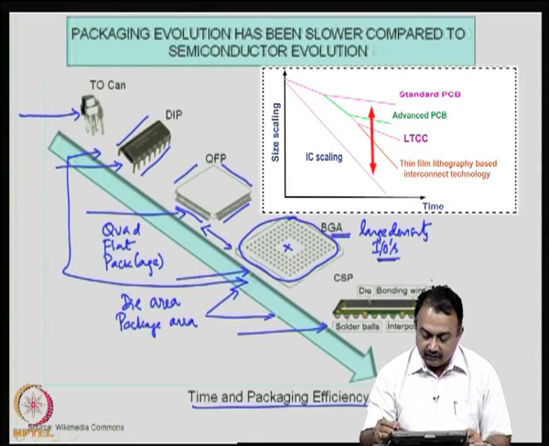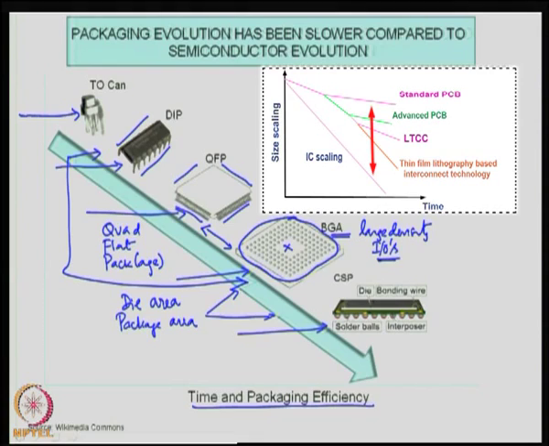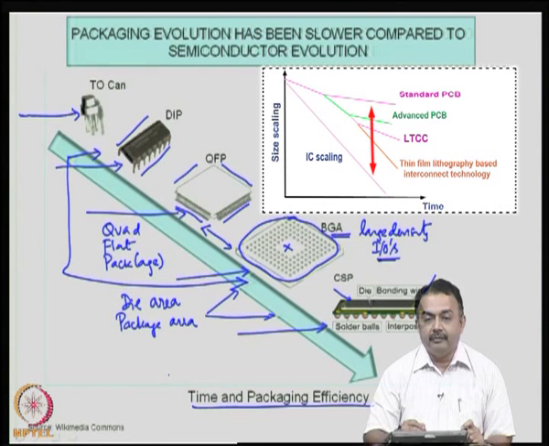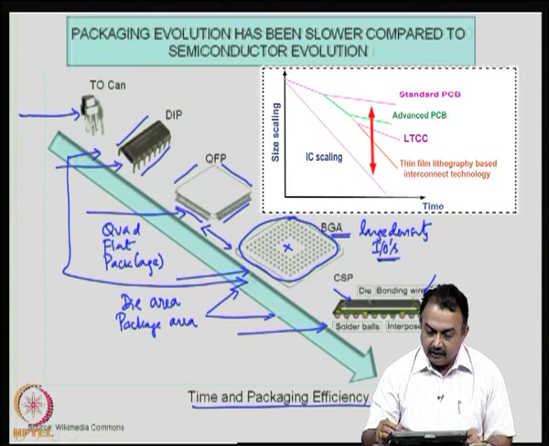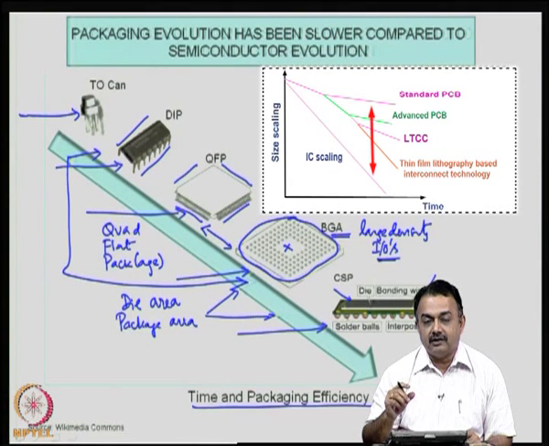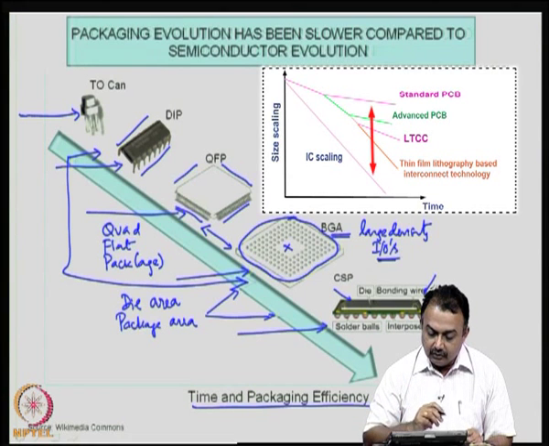You can look at the cross section of the CSP here. You have a die, then you have the solder ball interconnections at the bottom. The white area is the die where it is connected to the bond pad on the substrate by wire bonding, and then it is packaged. There is a package, but the package volume is very small. So, that makes it more reliable in terms of electrical performance. And the profile or the thickness of the package is fairly small. So, today we are in the world of BGA and CSPs.